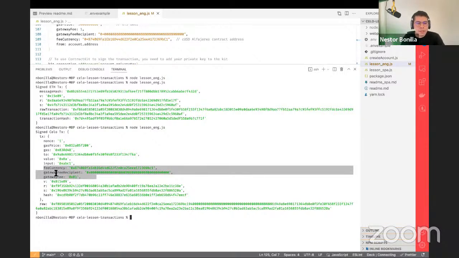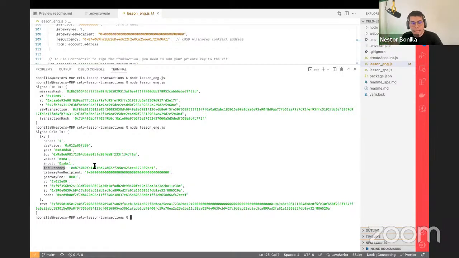Why? Because the fee currency is the one that says that in Celo, we can pay for transactions in other coins, stablecoins approved by the blockchain. What I mean by that is, in Ethereum, let's say we want to transfer, I don't know, 10 DAI. In Ethereum, to transfer 10 DAI, you need to have some Ether in order to pay for the gas.